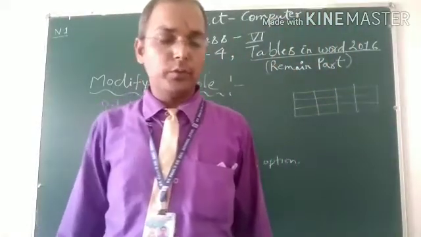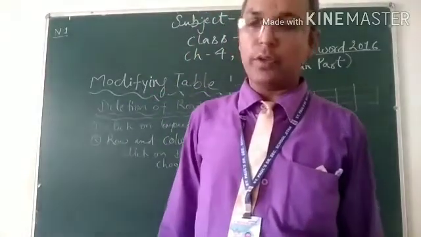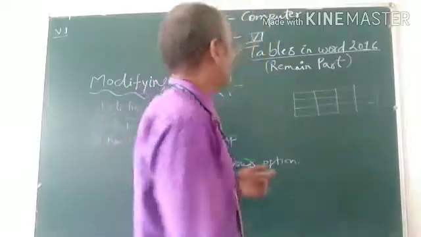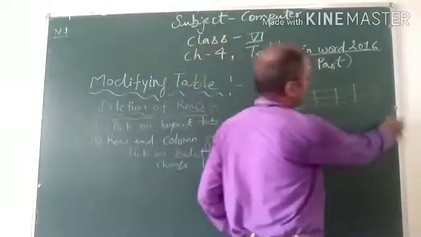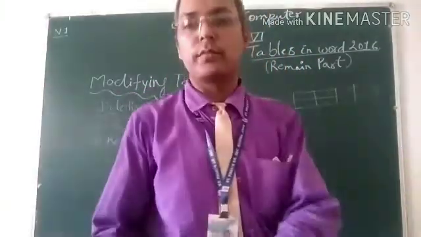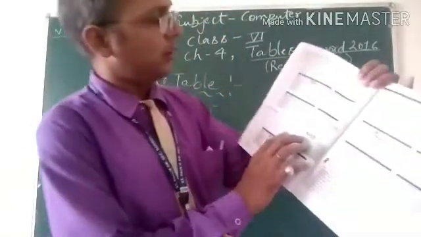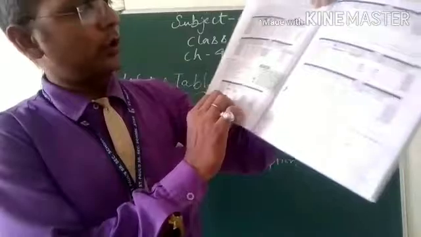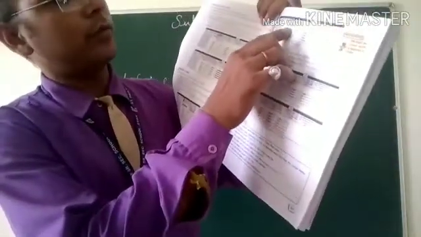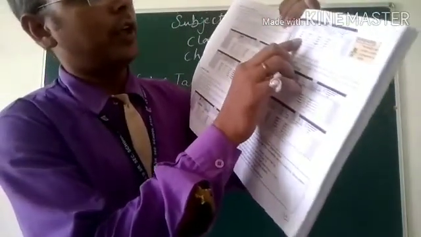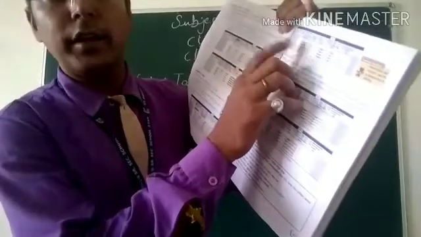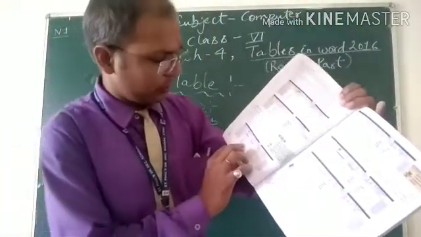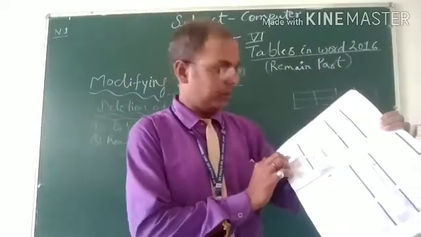So this is figure 4.15 to delete a row from a table. After deleting a row of the table, simply one row will be deleted from the table. Look here, before deletion there are 1, 2, 3, 4, 5 rows. Here the names are Swati, Pooja and Neha, and here Swati, Pooja, Sonam, Neha. And Sonam's row has been deleted.